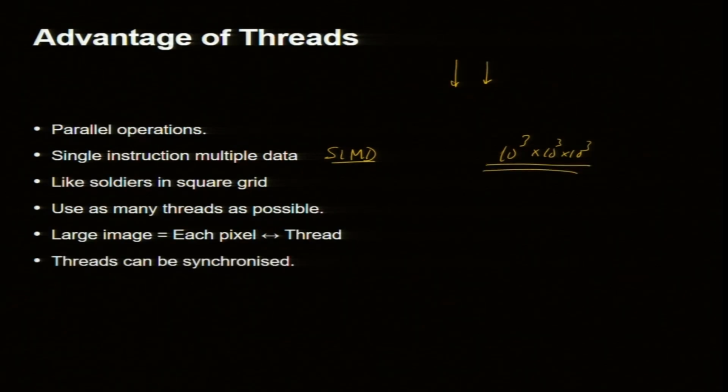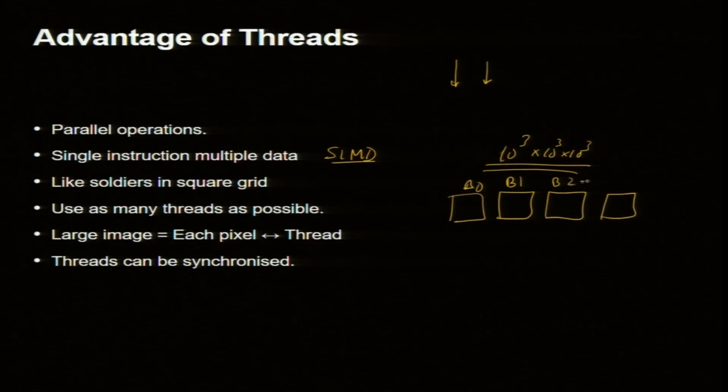One advantage, let me make this remark, which I am going to do a bit later as well. These are blocks B0, B1, B2, B3 and there are threads within. It turns out the threads within are synchronized, that means they are working together, and also they can communicate via shared memory. There is something called shared memory, which I am going to come to, and the shared memory can be used for doing operations which involve all the threads, like a sum.